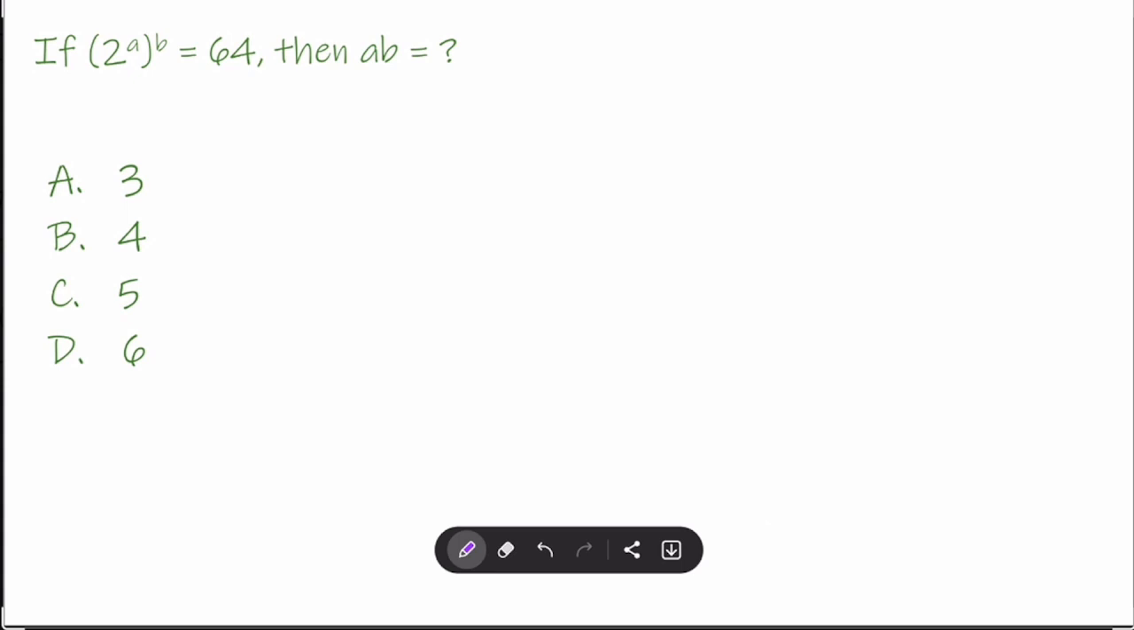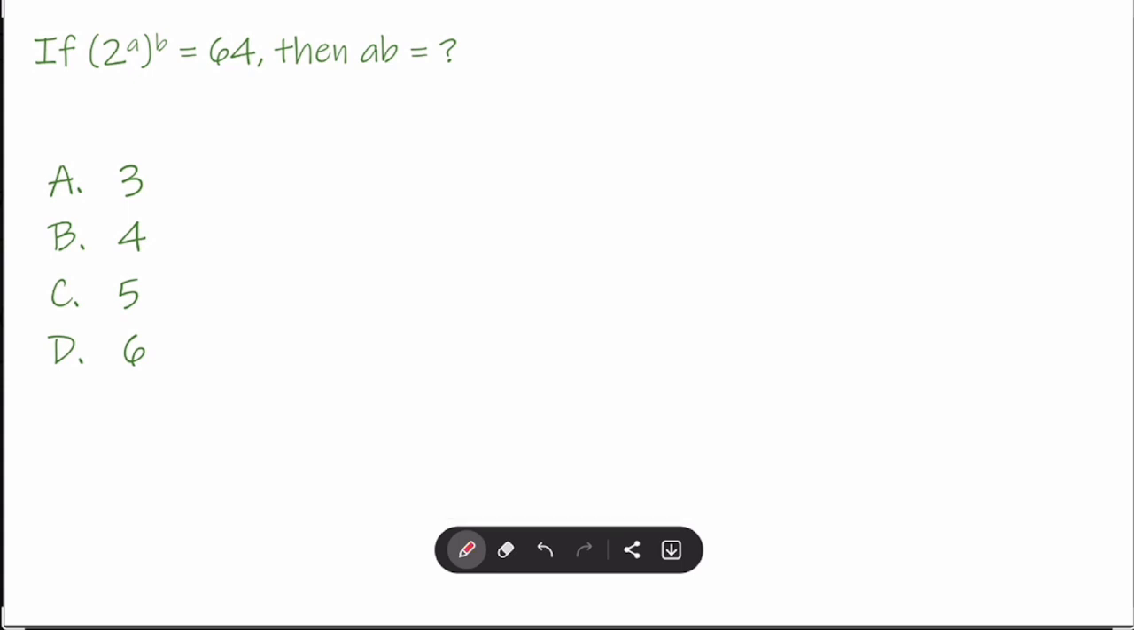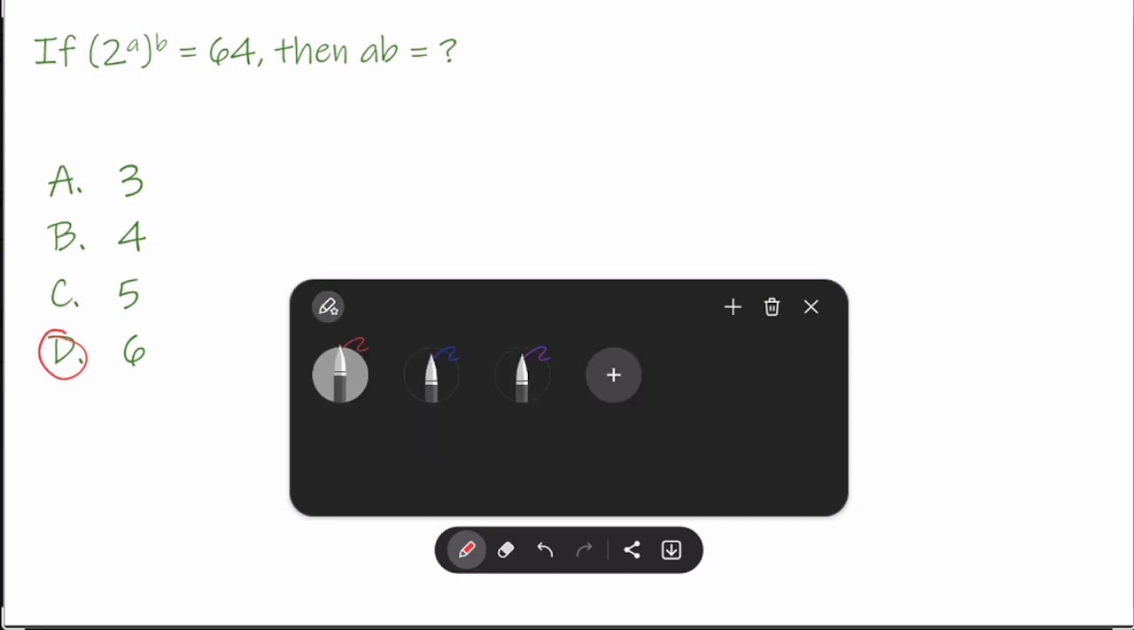Here are the choices: A is 3, B is 4, C is 5, or D is 6. So the correct answer for this problem is actually 6. So how do we get the value of 6 as A times B? I'm going to start from